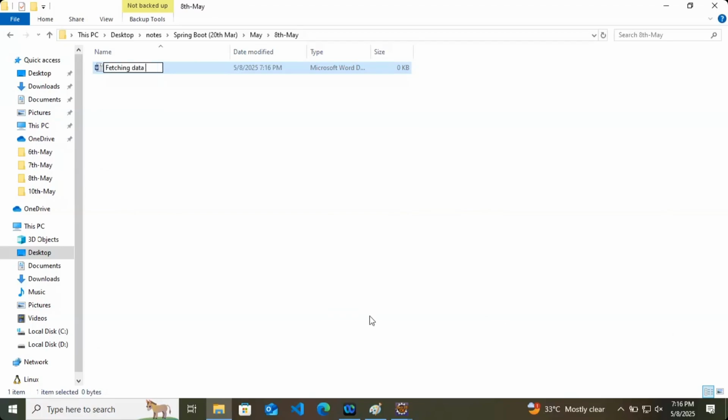Fetching data in Hibernate using criteria.